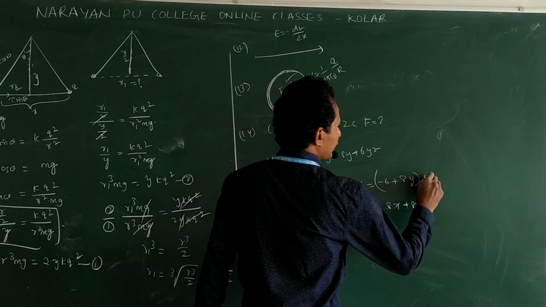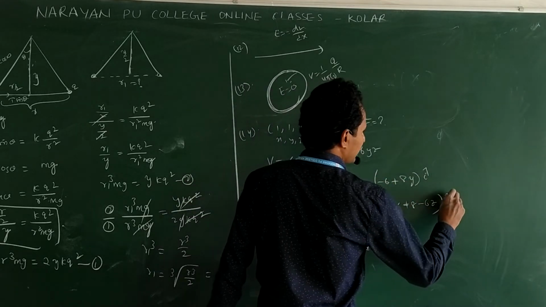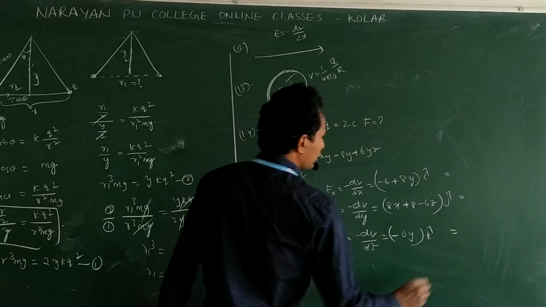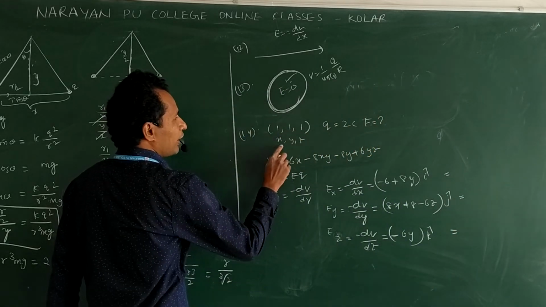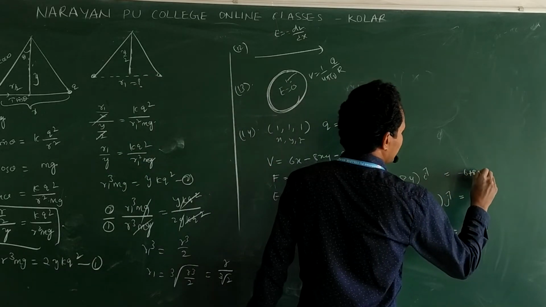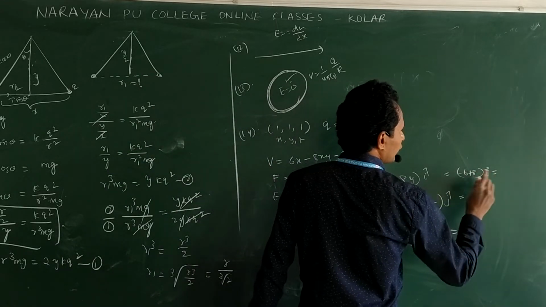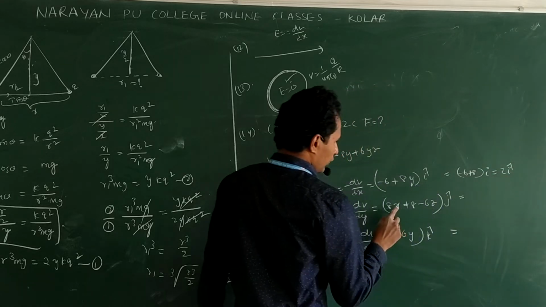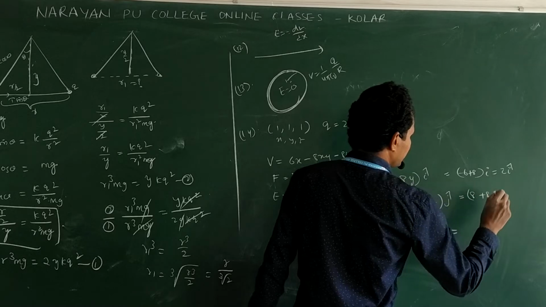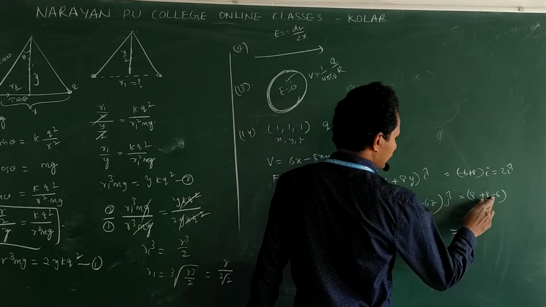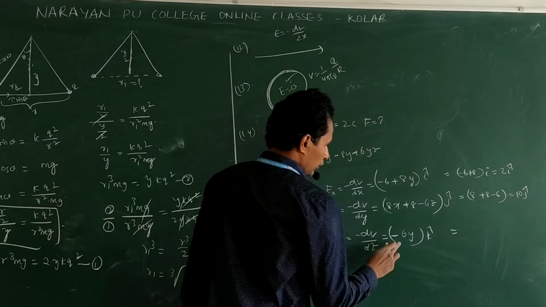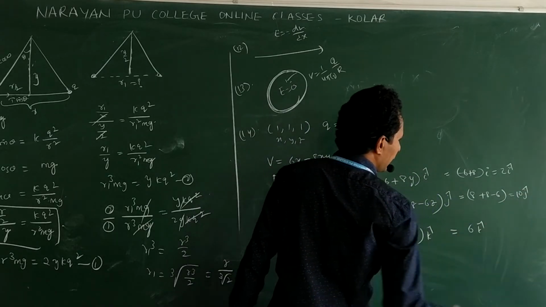Okay, this represents the i component, this the j component, this the k component, and their values x, y, z are given as 1, 1, 1. Substitute here. Minus 6 plus 8, i cap. This is 2 i cap. With 1, 1, 1: 8 plus 8 minus 6. Clear? 16 minus 6, this is 10 j cap. This is 6 k cap.